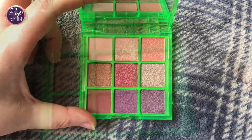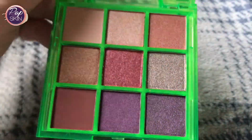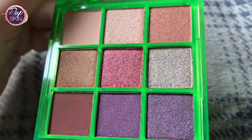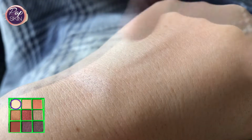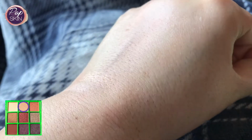The green neon palette has 2 matte shades, a light beige and a darker brown one. Hopefully you can get an idea of what the shimmers look like. You'll see how these shades actually swatch here now. This light matte shade is quite good to lighten areas or create a base. Next shade is a really nice light shimmer used to highlight the inner corner, for instance, on the eyelid or